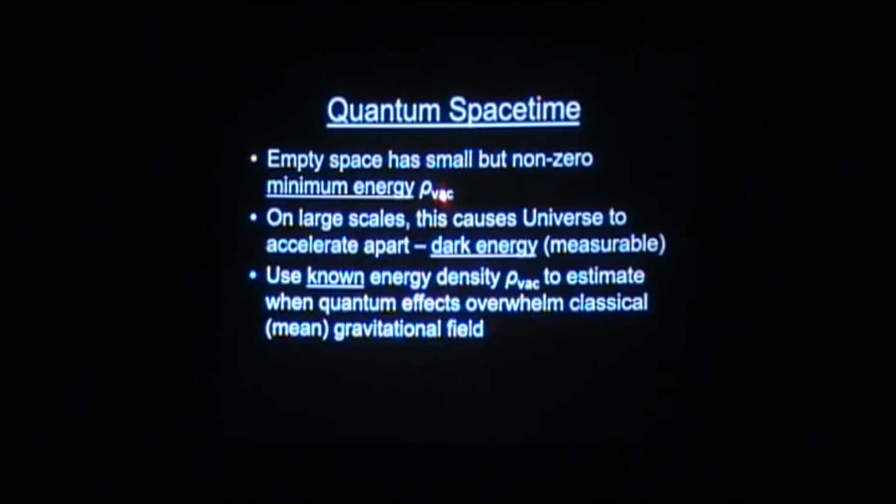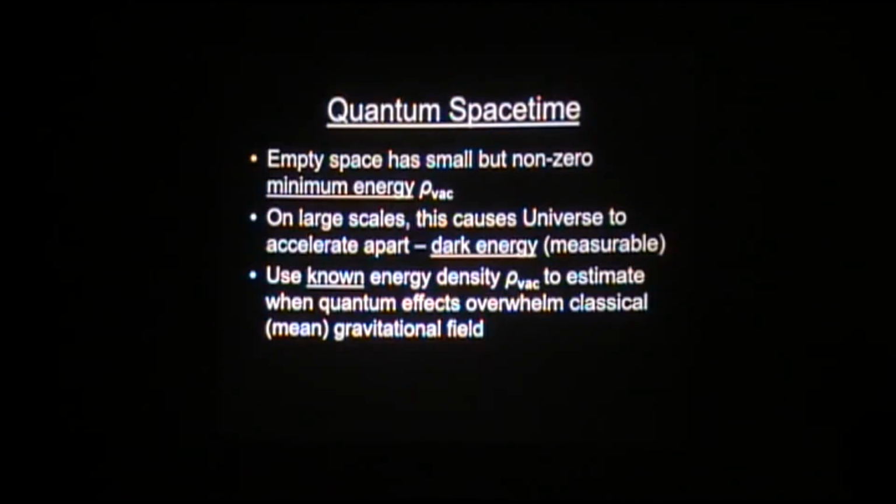There's a vacuum energy density, right? We can't really calculate very precisely how much this should be, so I'm not going to get into arguments about why this has a particular value. What I will say is that you can observe it. It's causing the universe to accelerate apart. Okay? And this is what it should do. The large-scale global effect of space being filled with a uniform energy density should be an acceleration, which we observe. People have won a Nobel Prize for this observation. What you can do then is use the rate of acceleration of the universe to calculate this rho vacuum.